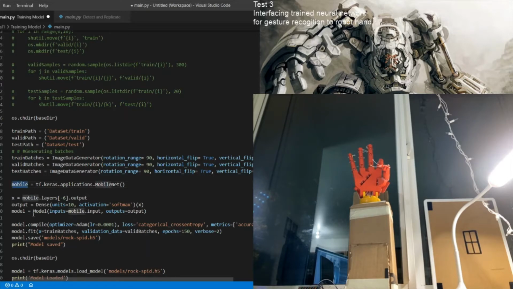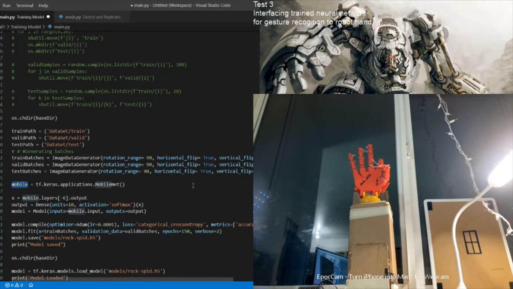And now with this statement, we get the MobileNet neural net model and we save it in the model variable. If we check the summary of this MobileNet model, it has 1,000 outputs in the original net model, but we only require 10 in the output. That's why we do not take the last few layers of the MobileNet model.